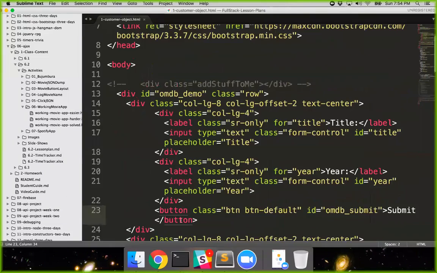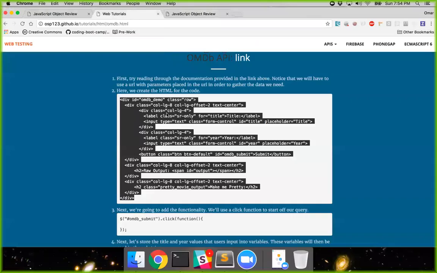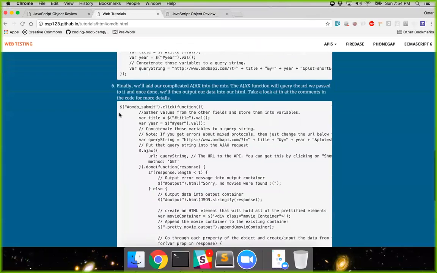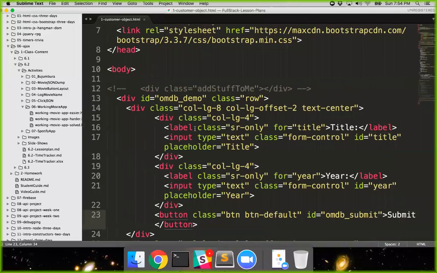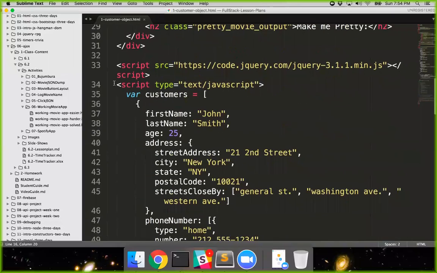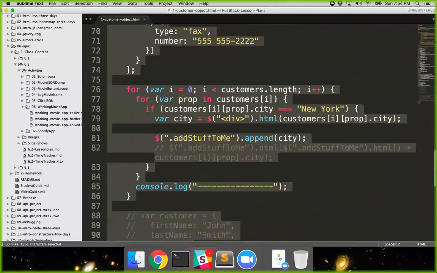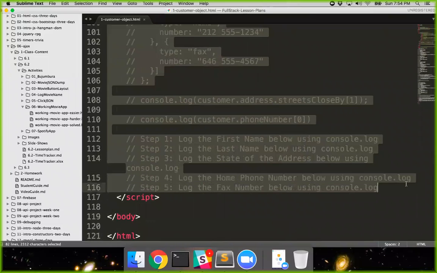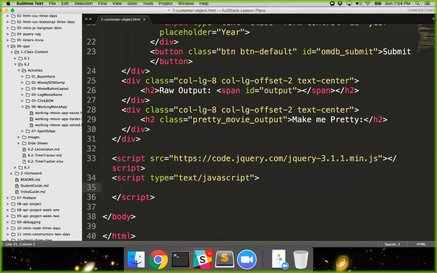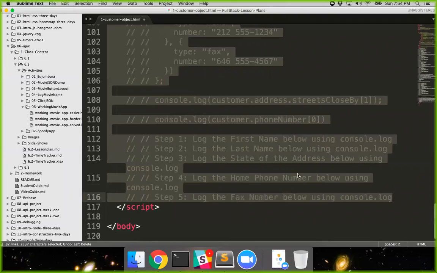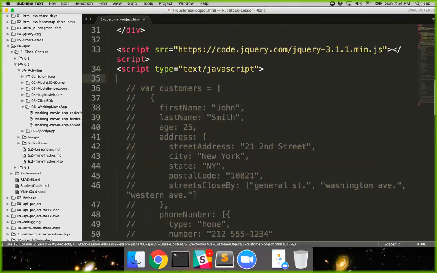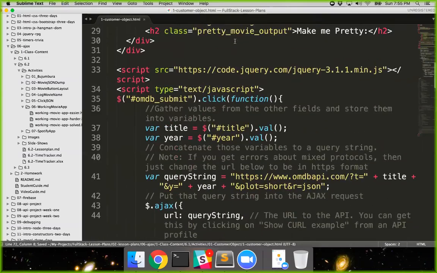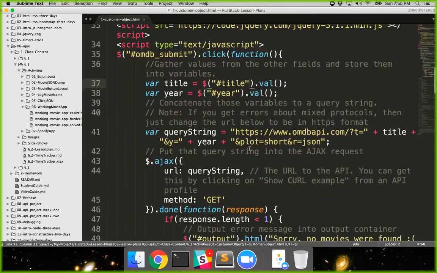So let me go back to the tutorial, and we have this code over here. And I'm just going to delete this stuff. Well, actually, let me just comment it out. Double commented some stuff. And let's add this instead. Okay, so